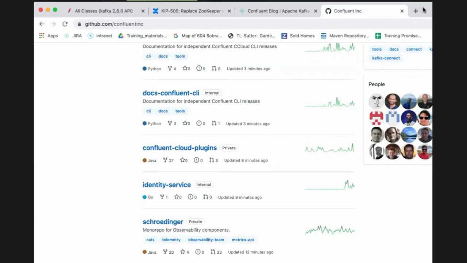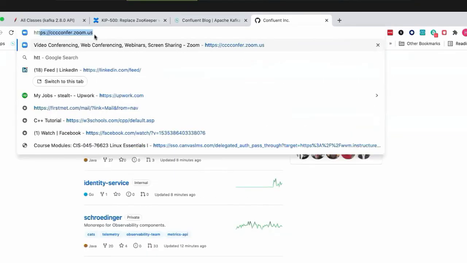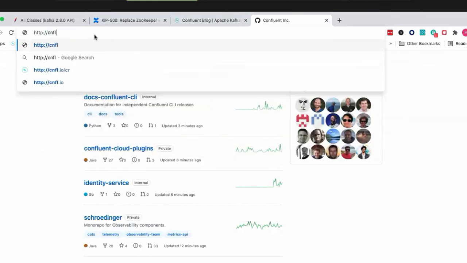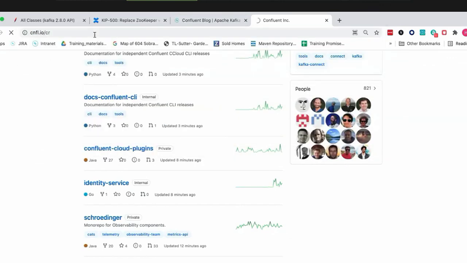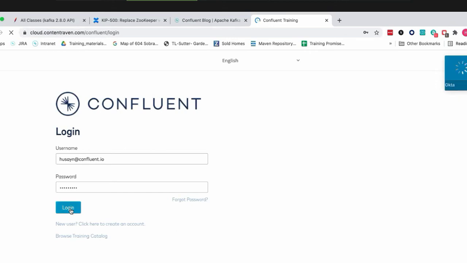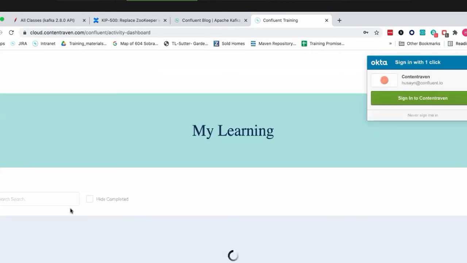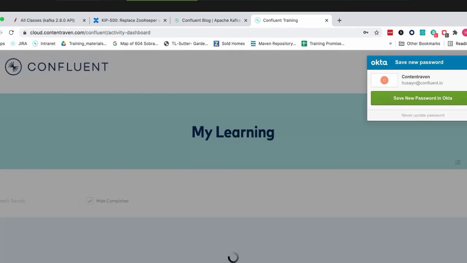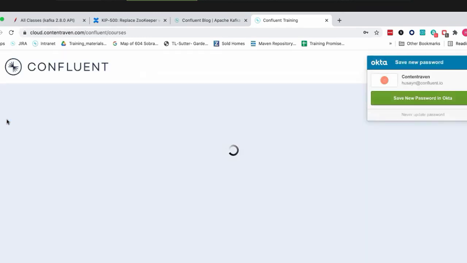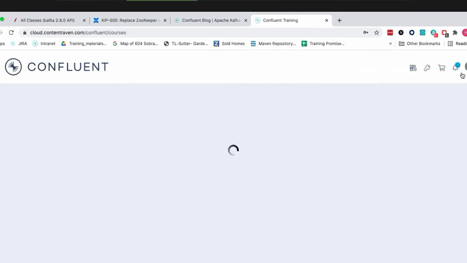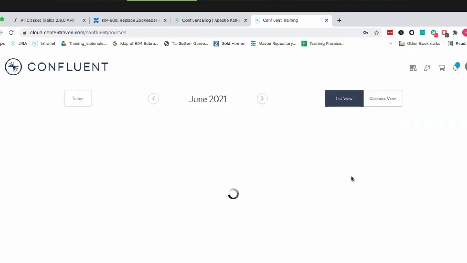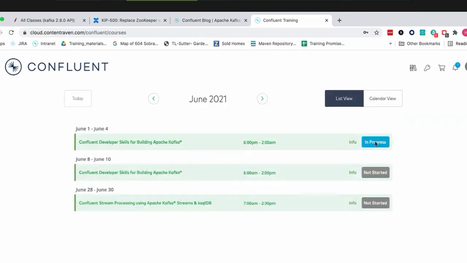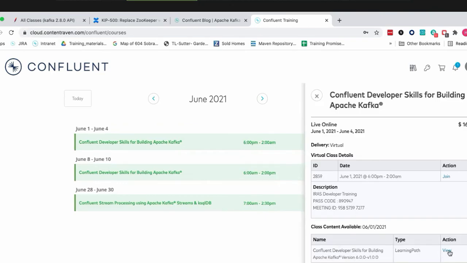And then, if I go to http://cnfl.io/cr, remember, this is where you log in to begin with to get into your account. When you log in, and you have been logging in, in the left-hand corner you go to your classes. And then once you get to your classes, as you did before, it's just like how you logged in from day one. Log in, and then the class that is in progress, you will have to come to the bottom where you say view, as I'm doing here on the screen.